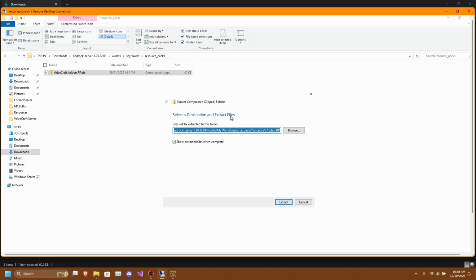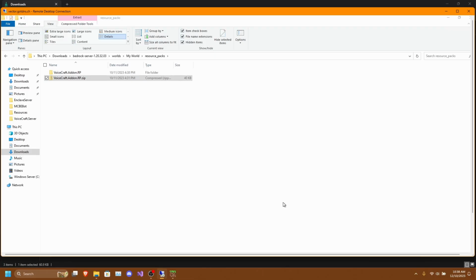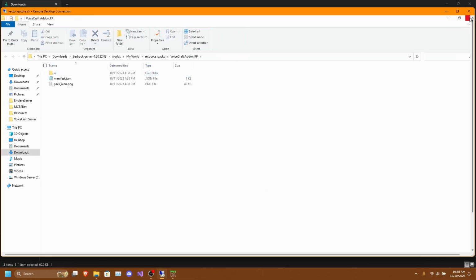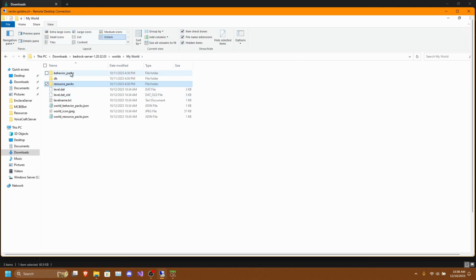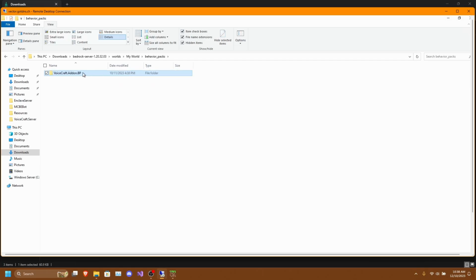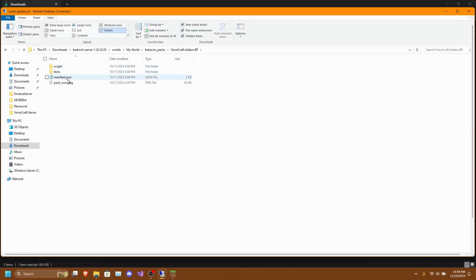Then, same thing again, extract all, and delete the zip file. Now, once we are done with extracting the add-on packs, next thing we need to do is copy the manifest UUIDs, and we need to enable it on our world.